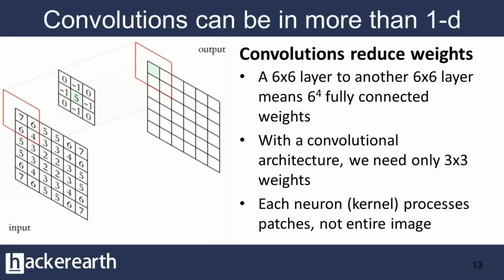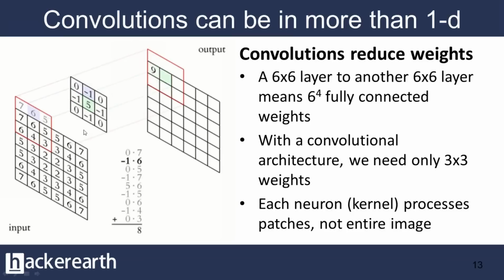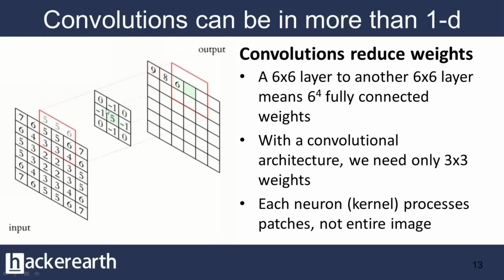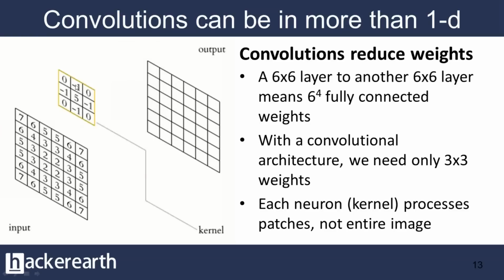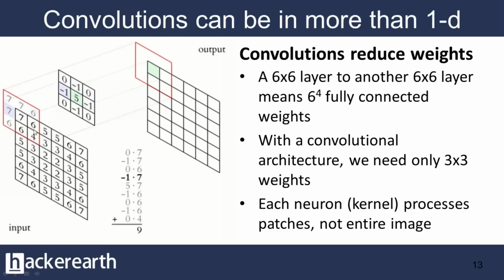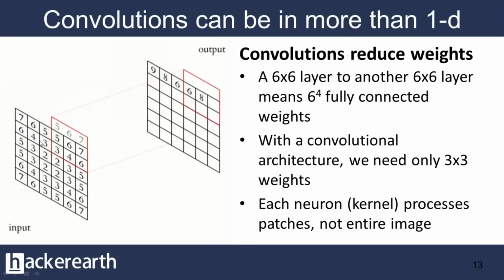So you can do this in more than one dimension also. And that's what image recognition convolutional neural networks do. They do this convolution in two dimensions. So this small square represents the weights of a neuron, and this is basically a convolutional kernel. And this big square is the input, the previous feature map. Now when this 3 by 3 convolutional kernel takes a sum product with each of these 3 by 3 locations in the previous map, and puts the output in the next layer, that's two-dimensional convolution. Okay, so the way to think about it is that